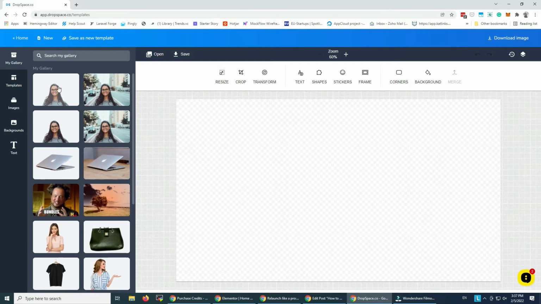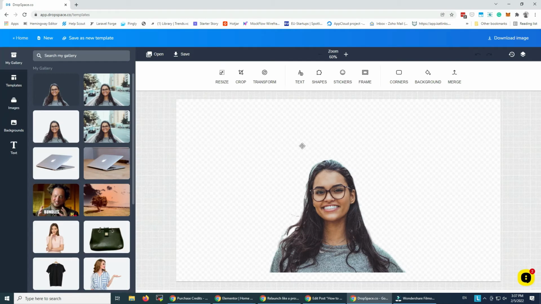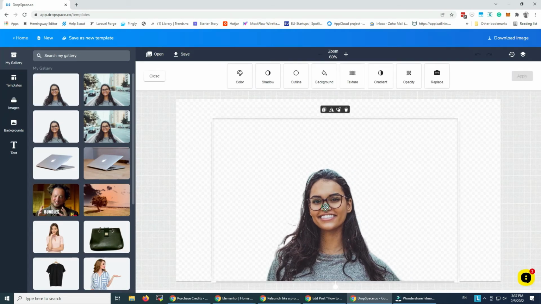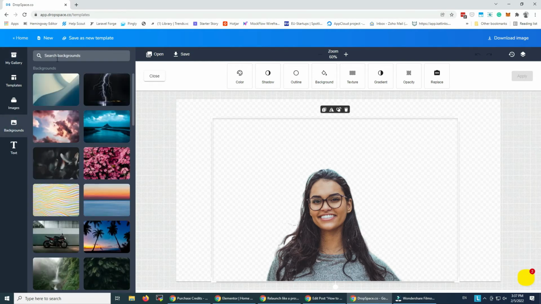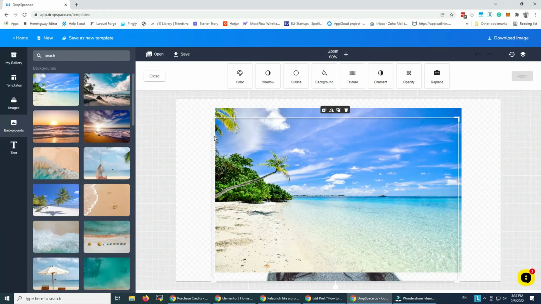Now let's click on the image. It's gonna load in the editor. We click on it and arrange it a bit. And now we go to backgrounds, search here for beach, click on this image because I like this one, and as you can see the image loads on top of the other one,